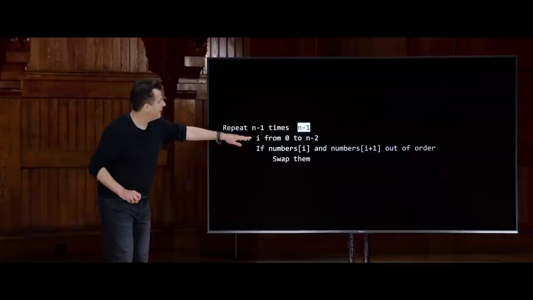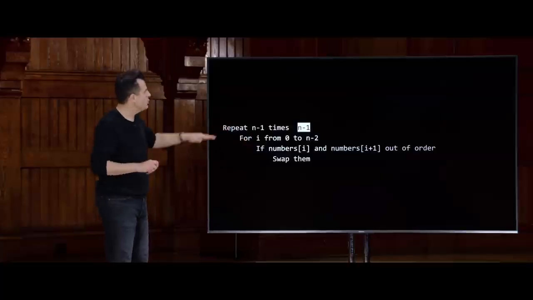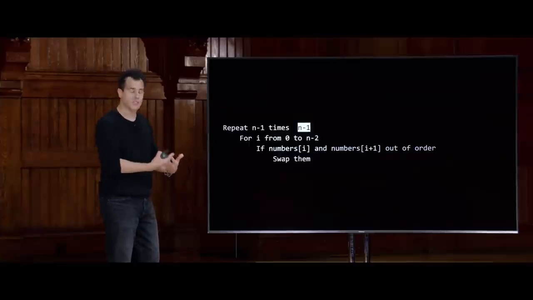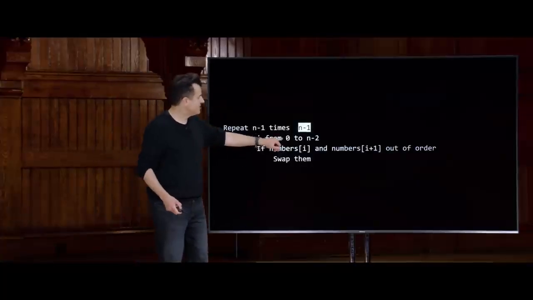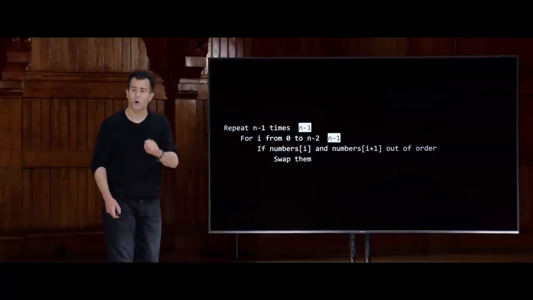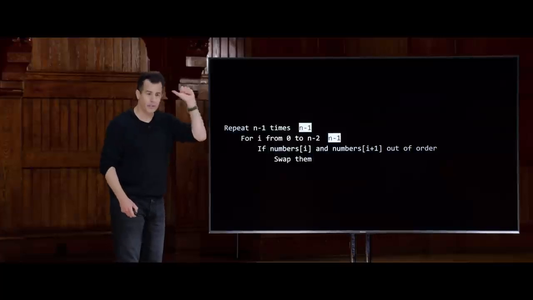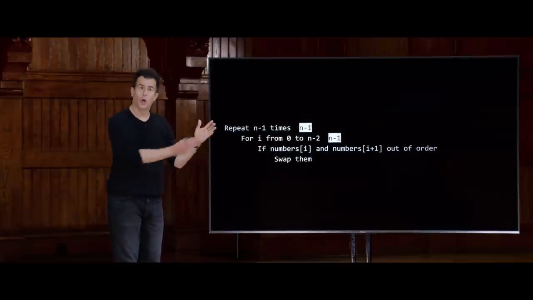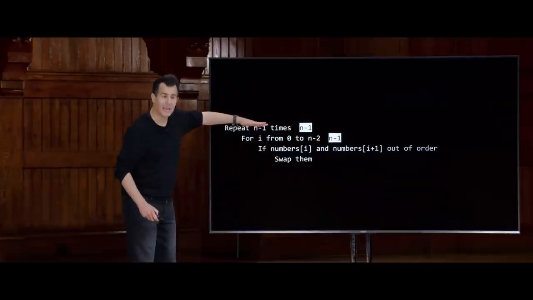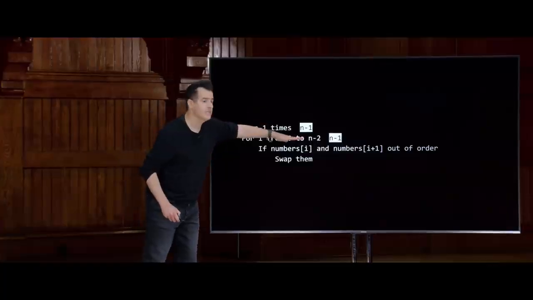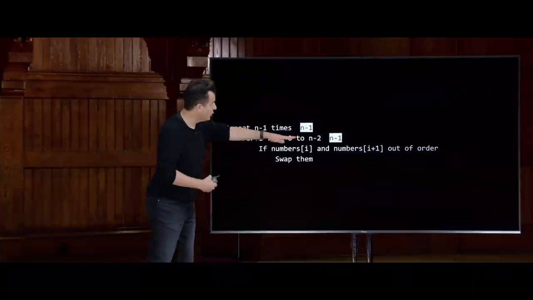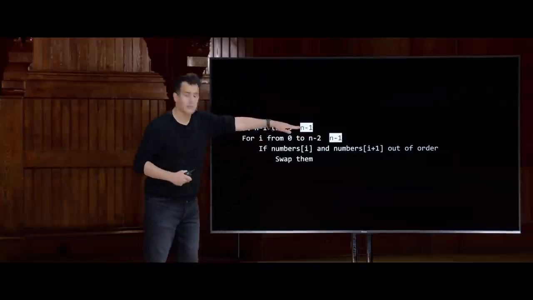All right, what about the loop inside of this loop? And technically in C, you could use 2 for loops. You could use 2 while loops. I'm just using English vernacular that is as simple as possible here. But what about this? For i from 0 to n-2. Well, this is technically a total of n-1 steps. Because if you start at 0, and then 1, and then 2, and then 3, all the way to n-2, you have counted a total of n-1 times. So the outer loop, by this analysis, is going to take n-1 steps. But every one of those interior steps is going to take n-1 steps. So there's some multiplication going on here. Do this inner loop this many times, but do that this many times too.